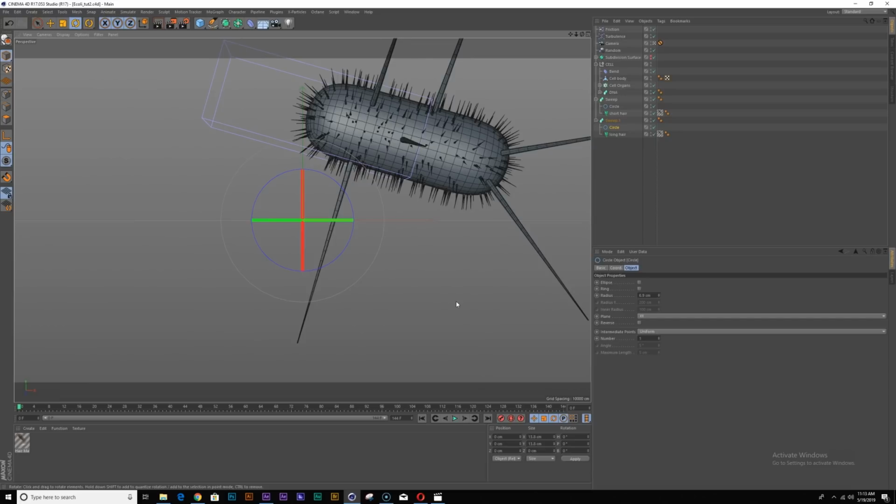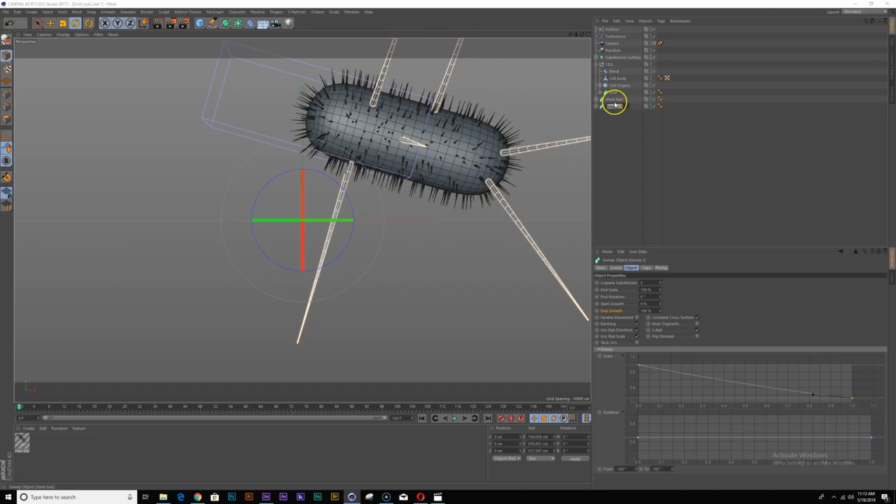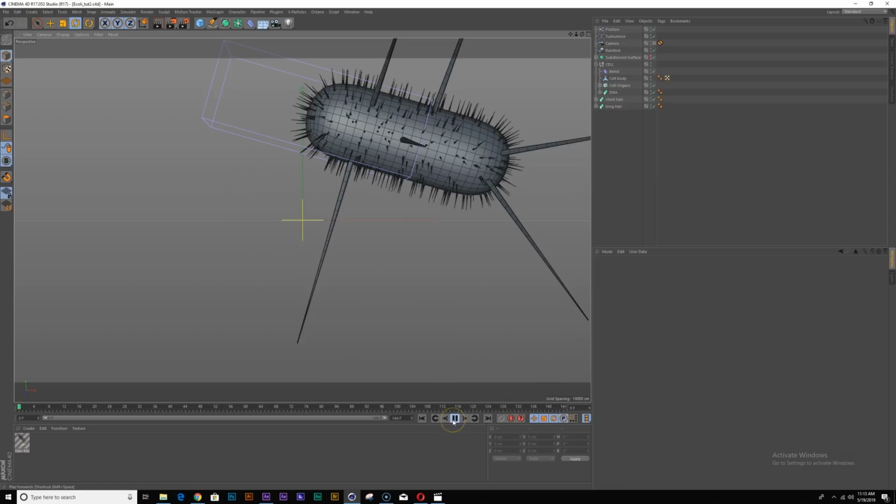So I'm going to call it good for now, and again, we can always swing back and deal with this. So I'm going to rename this to keep things organized. Short hair, my long hair.